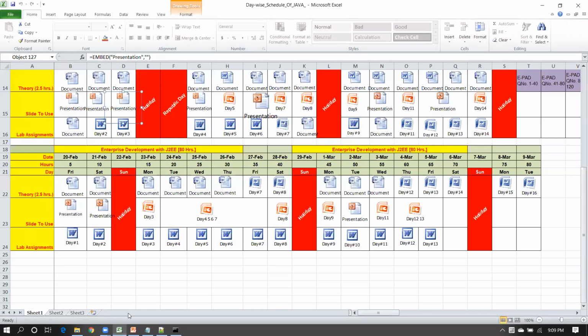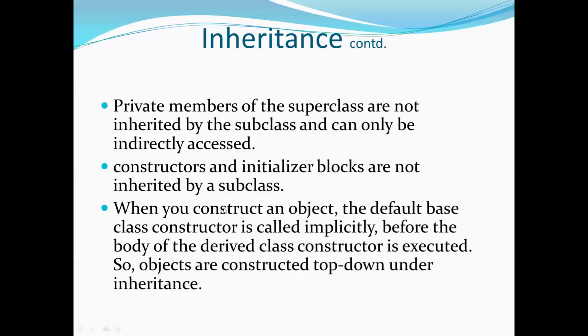Now come to the points which members you cannot inherit into the child class. So these members cannot be inherited into the child class. One is private members of the superclass are not inherited by the subclass and can only be indirectly accessed. Indirectly accessed means with the help of any method. So we can access, but directly private members cannot be accessed and it won't be inherited. As we know that the private members accessibility is limited to the class, so private members cannot be inherited into